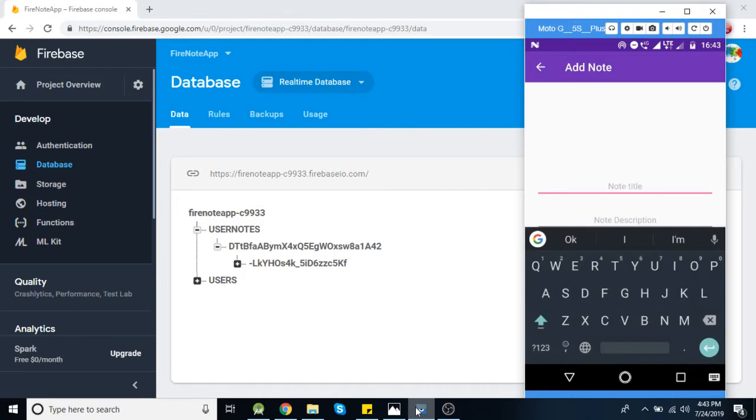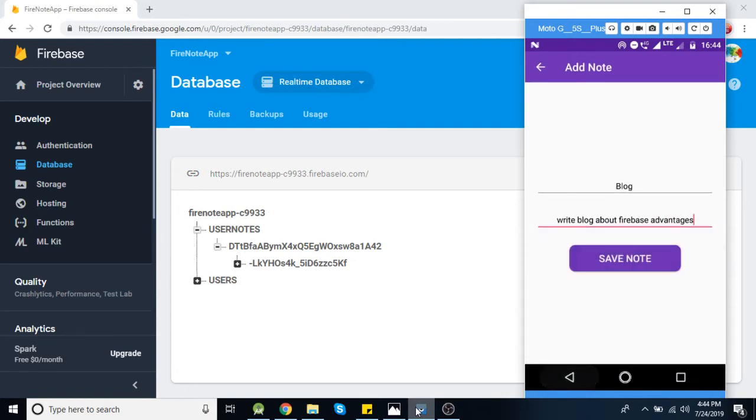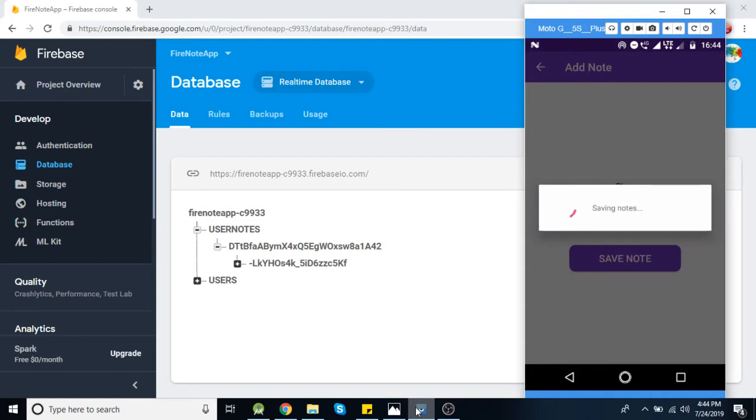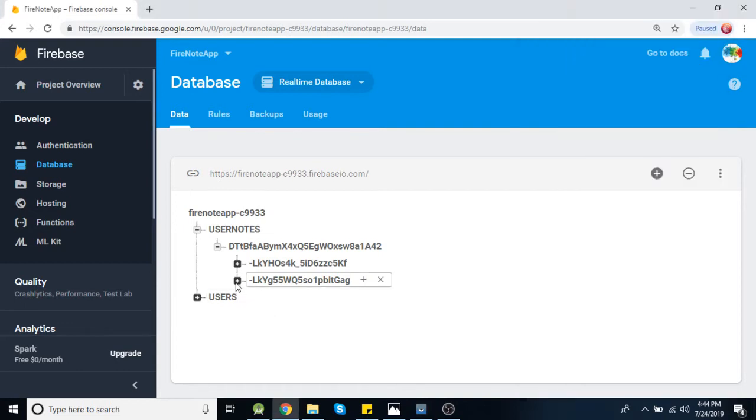Say title will be blog, and write blog about Firebase advantages. Okay, let's save it. You will see one more note is added here.